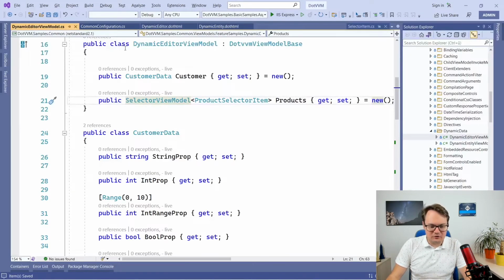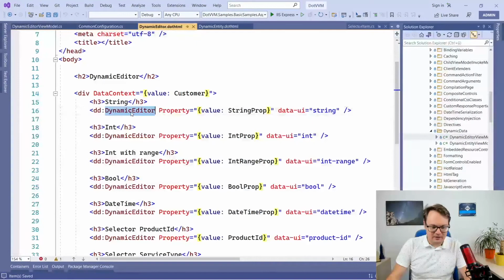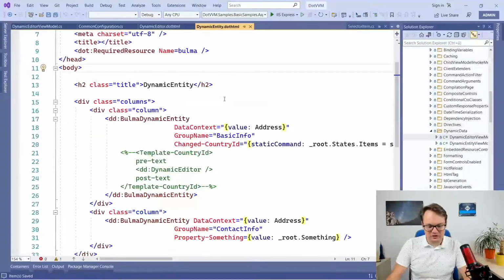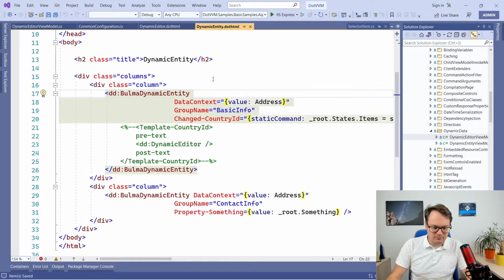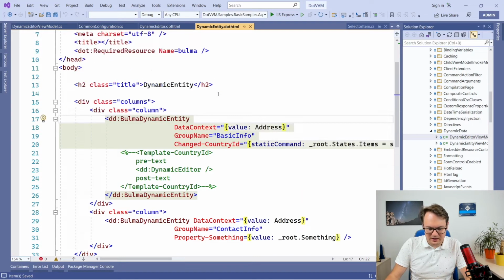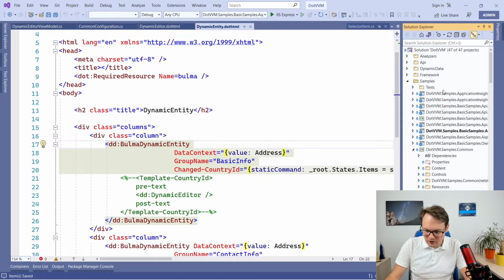And also, if you don't want to use these editor fields for individual properties, you can use the dynamic entity, which is here. And here we have an implementation of dynamic entity, which is using the CSS framework Bulma. We didn't want to use Bootstrap for everything. So here we are using Bulma, but in principle, it's very similar. And if I look in the Bulma dynamic entity class, which I have to look for here,